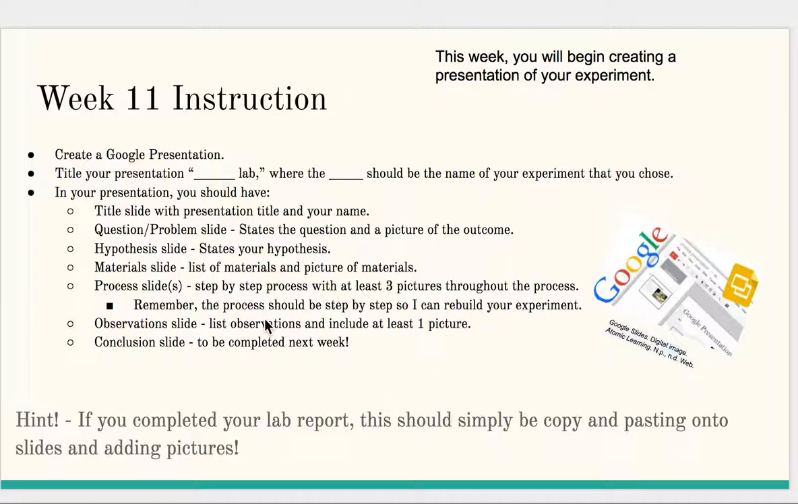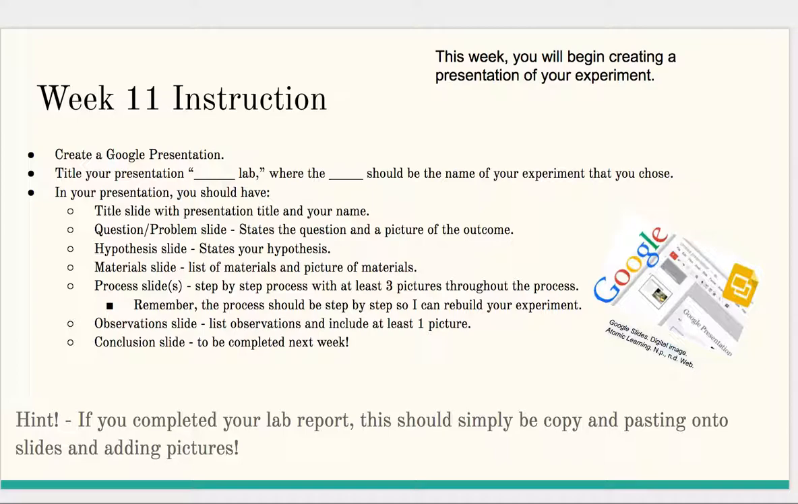You should also have an observation slide, which is a list of observations, and you should include at least 1 picture of what you observed. And a conclusion slide. So this should have been completed last week and this week, but that slide itself can wait to be completed until the end of next week. Remember, this should be very easy for you if you've completed your lab report, because really all it is is copy and pasting what you have on your paper into the slides and then just simply adding pictures that you also